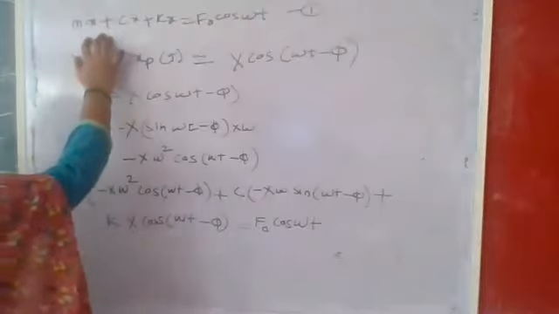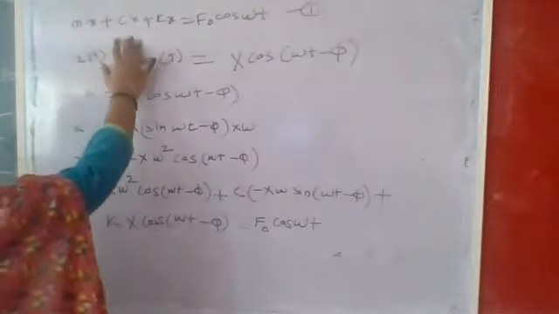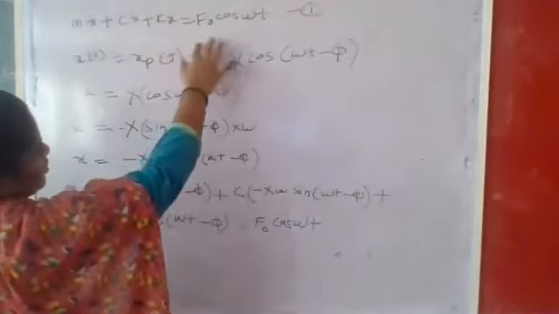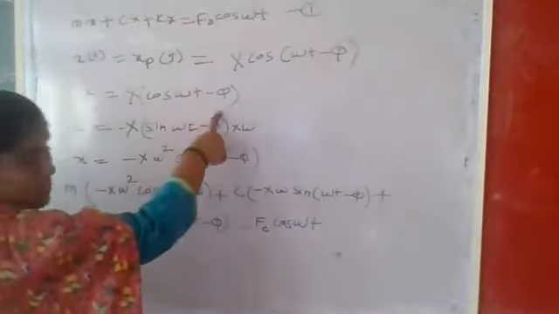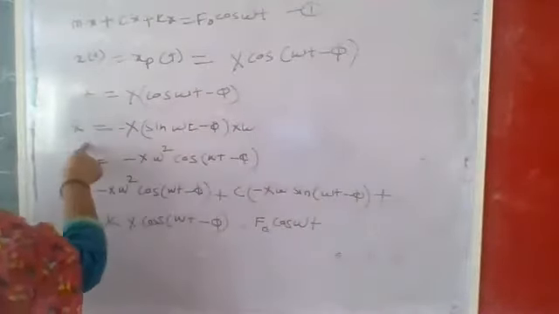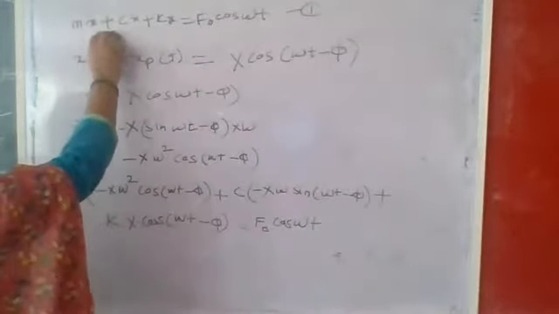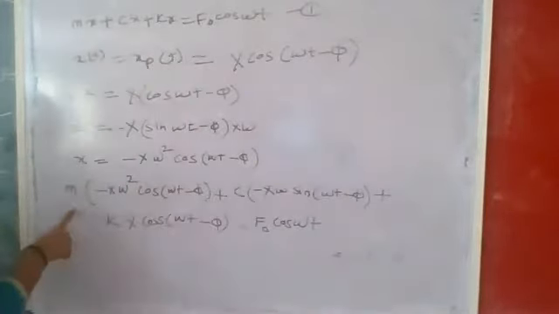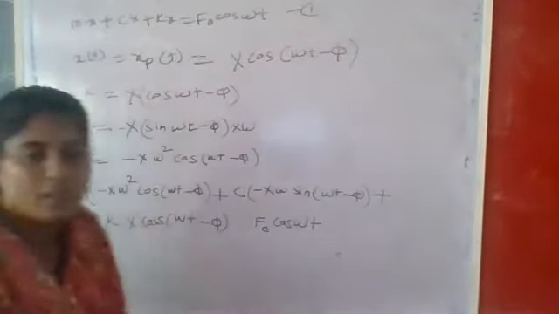For solving this equation, m x double dot plus c x dot plus k x equal to F naught cos omega t, if we put x equal to X cos of omega t minus phi, take the first and second derivatives, and put these values into equation number 1, the equation becomes m into x double dot, that is minus X omega square,